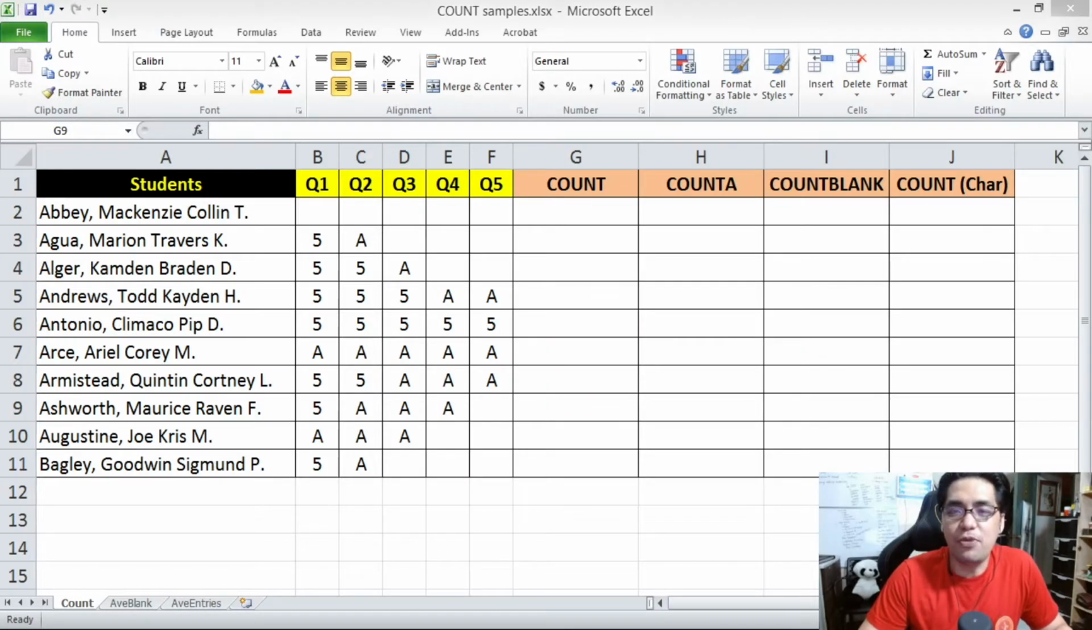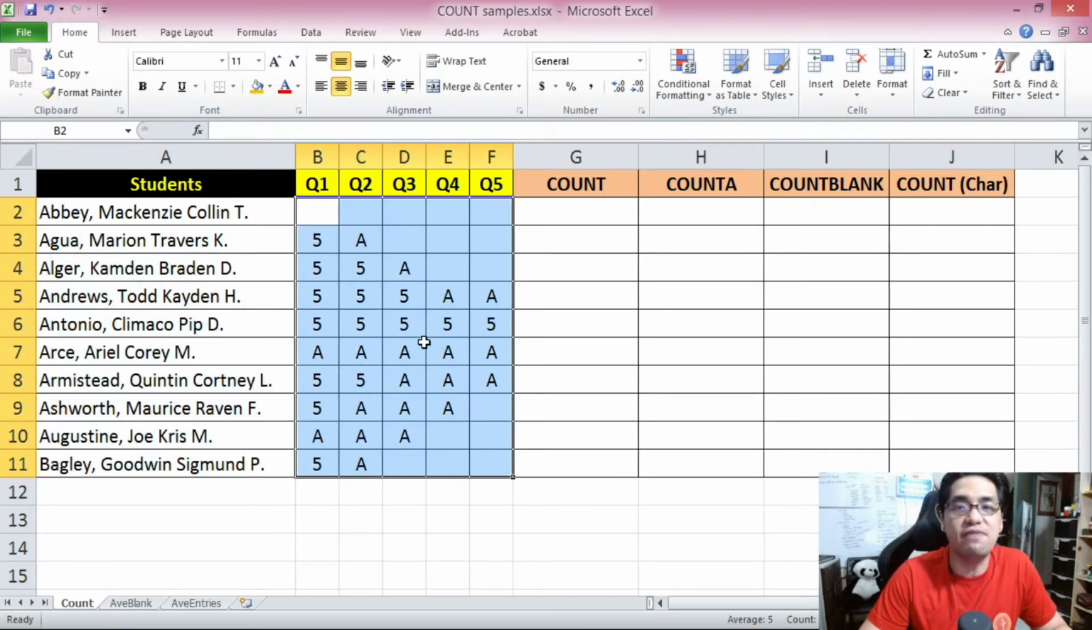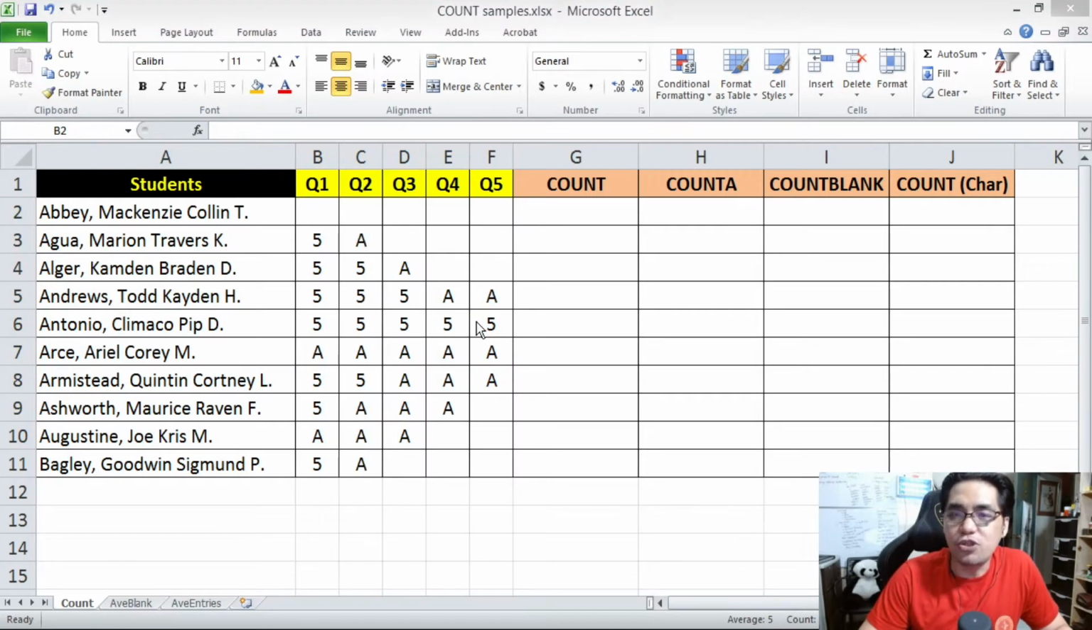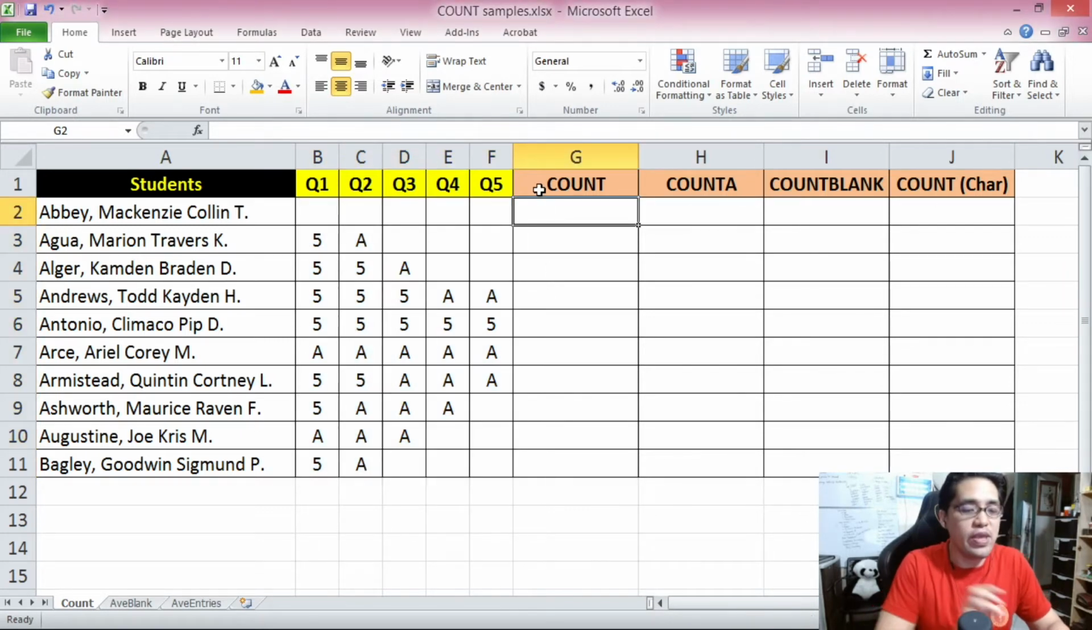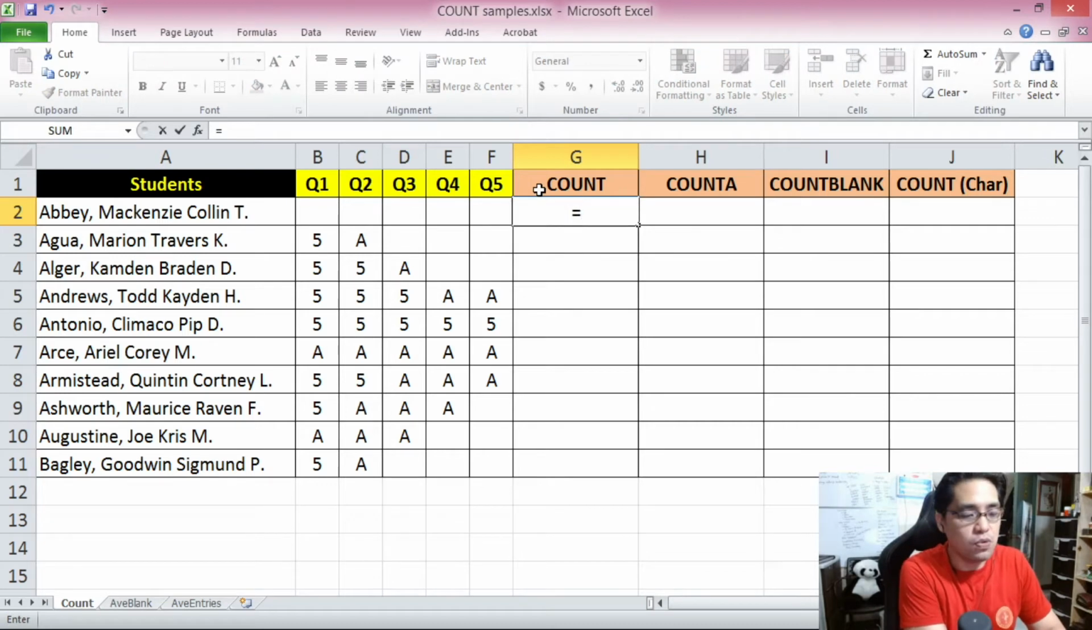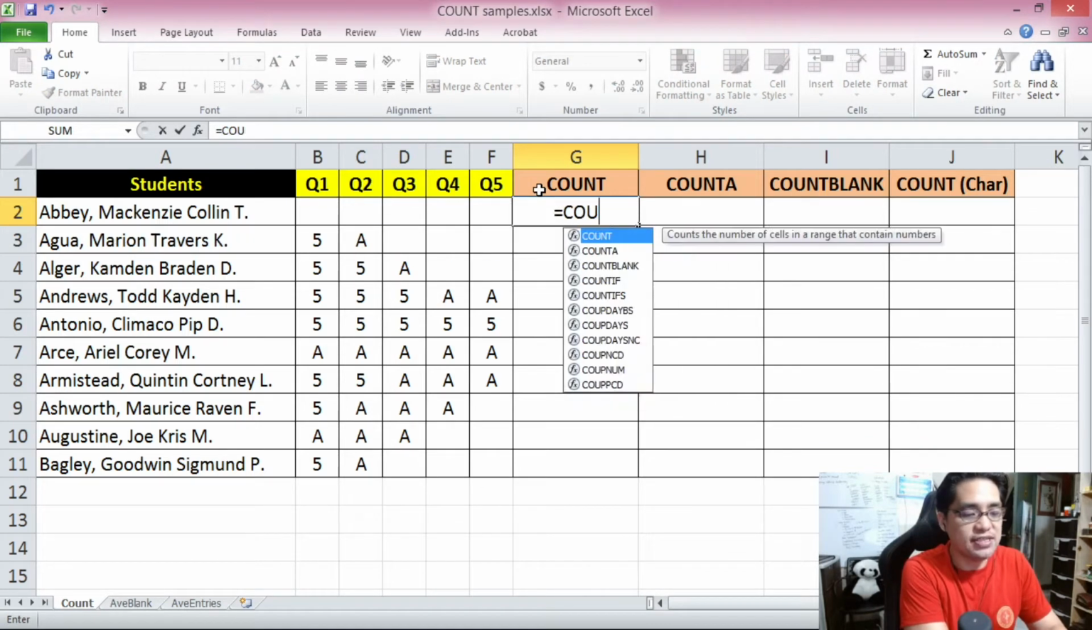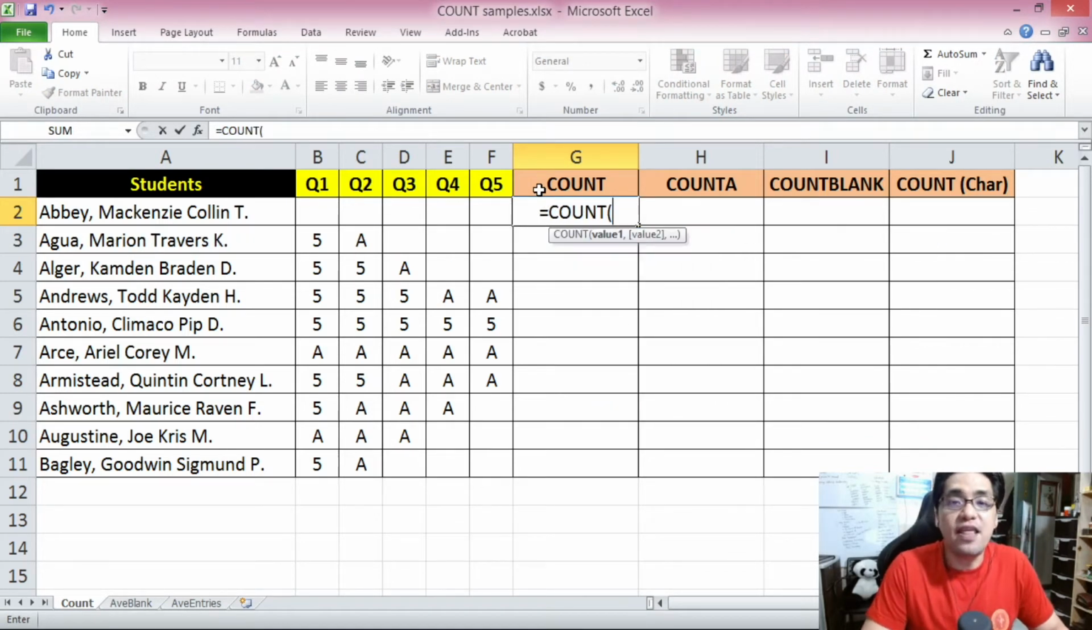Here we are at a sample Excel grading sheet. So we have here our 10 sample students and we have here their 5 quizzes with various results. Let's use this to try out our count function. So once again, to enter the count function, we start with the equal sign like so. And then we put in the function name, which is count, open parenthesis,